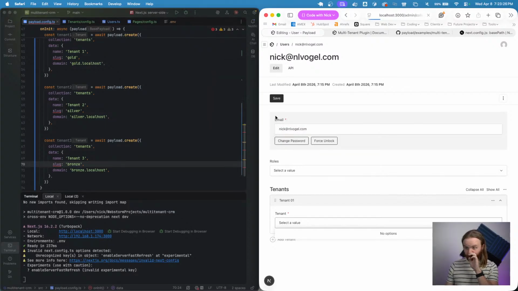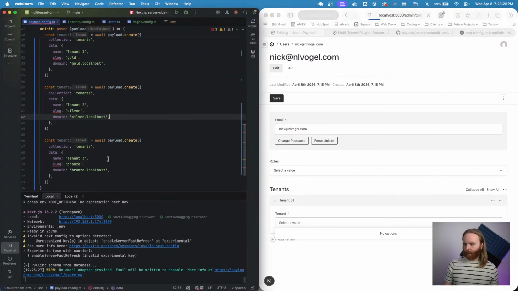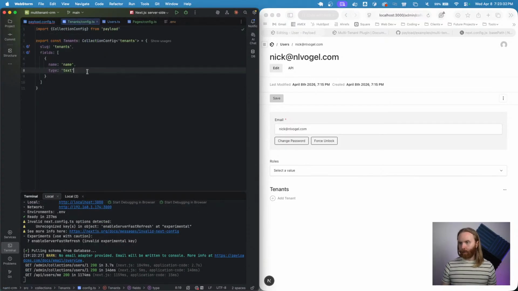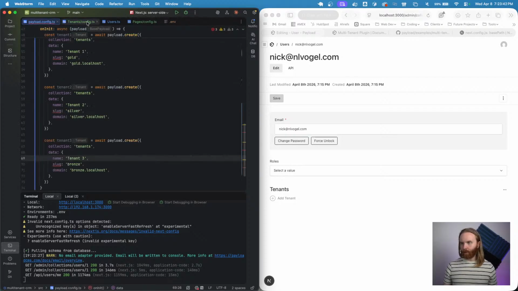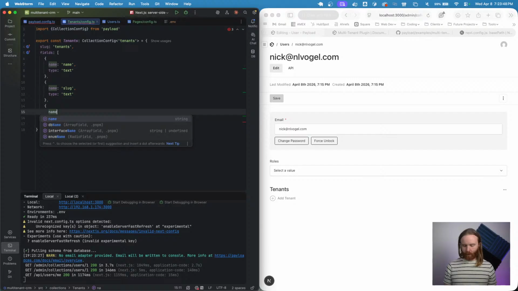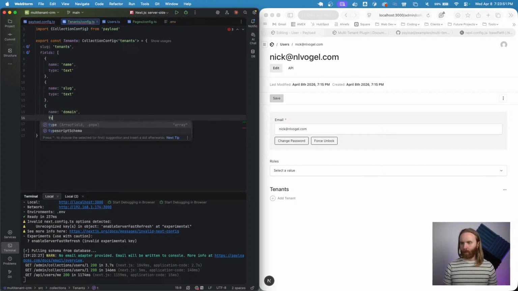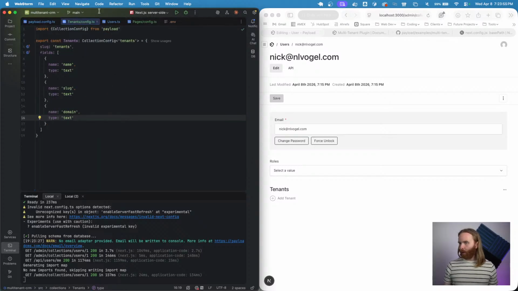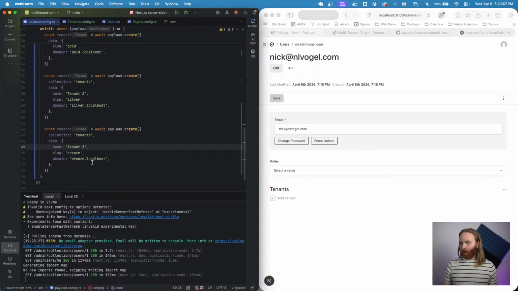Leave page. And what I may need to do, oh man, name slug, type text, and then last one we've got domain. Oops. Name, domain, type text. So all of that should be there,